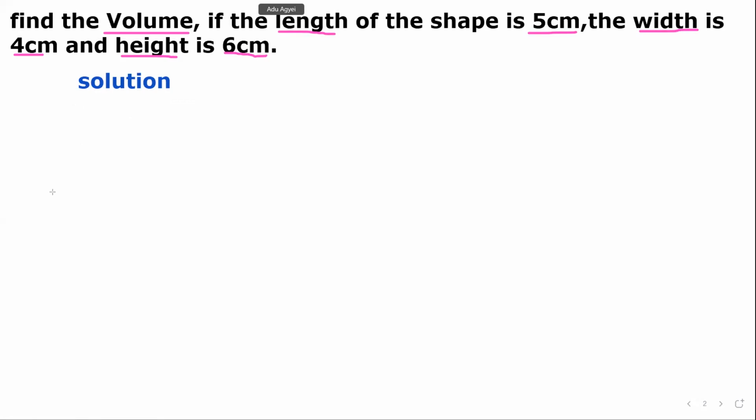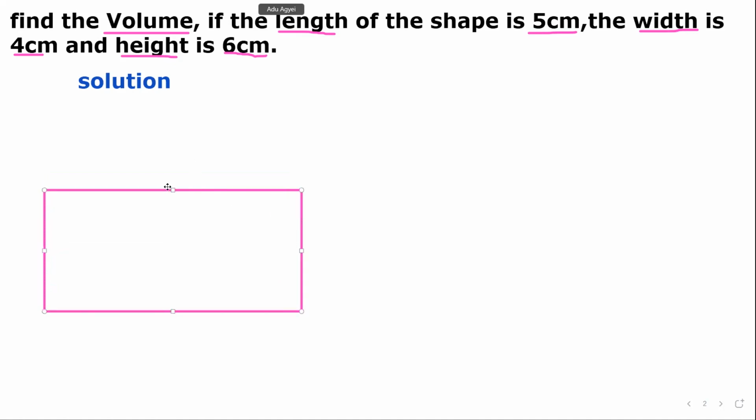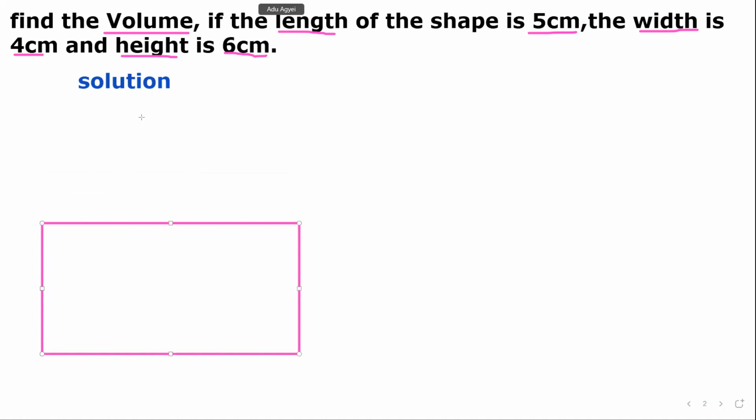So now we have the height. Good. And then going to draw a cube, the bigger cube, so that we can use it to